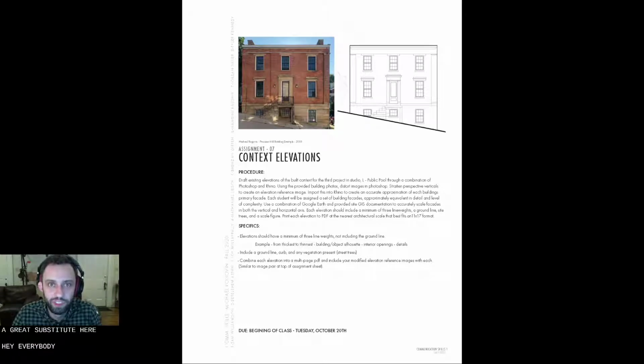Hey everybody, so this is going to be an introduction to assignment 7, which will be our context elevations assignment. The goal here is that we're going to create elevations of the neighboring buildings for the third project in Studio, the large public pool. Our ultimate goal over this week and next is to create a digital site context that we can then build models in and build our designs into, so that we can not only understand our own designs, but how